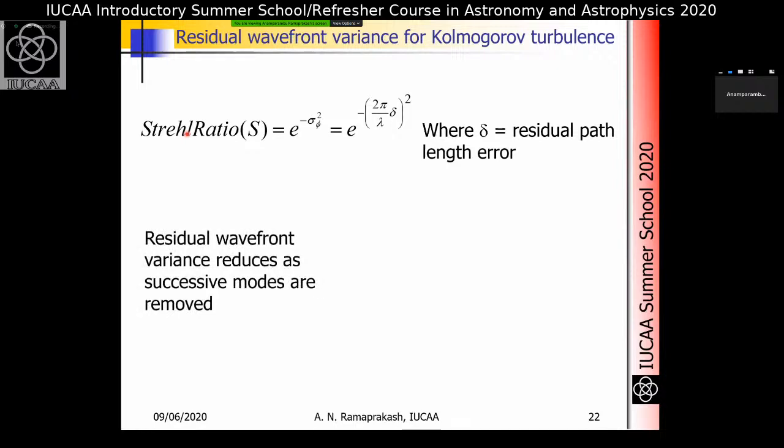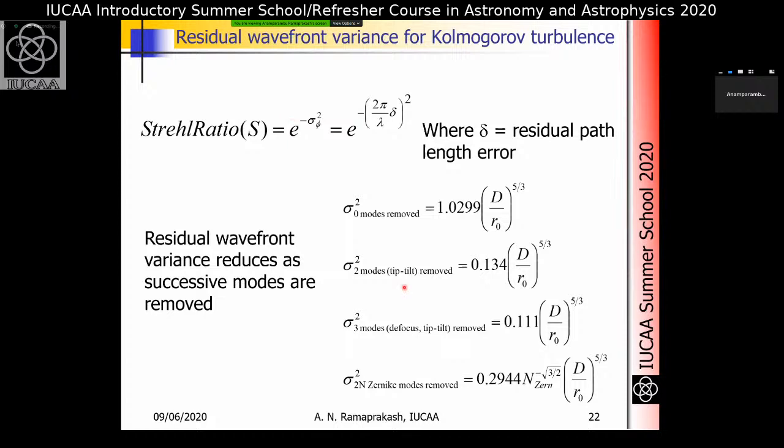So consider the residual wavefront variance as successive modes are removed by an adaptive optics system. Say you have an adaptive optics system which only removes the lowest order modes. Then what is the residual wavefront variance? And that variance, put in e raised to minus sigma phi squared, will tell you what the Strehl ratio is. So if only the lowest modes are removed,